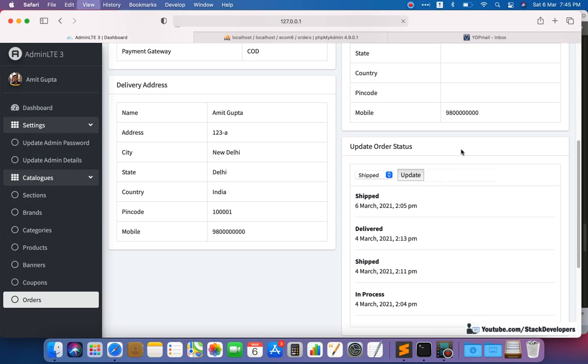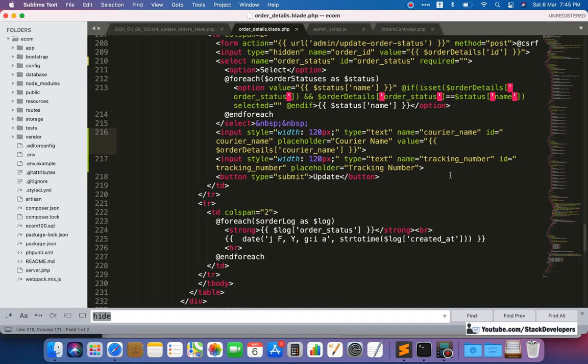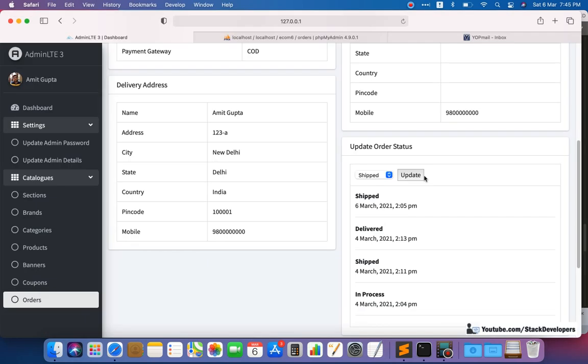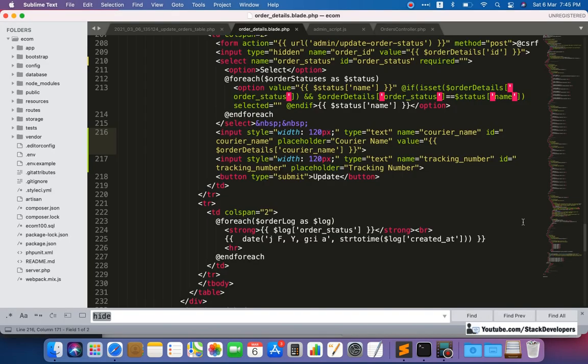Like if the user comes here and it is shipped, and these fields must come, or we need to show them somewhere else, we need to look for an option so that we are able to show them. So that thing also we are going to look into.